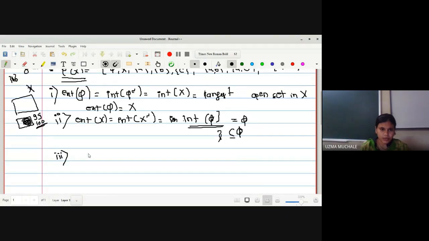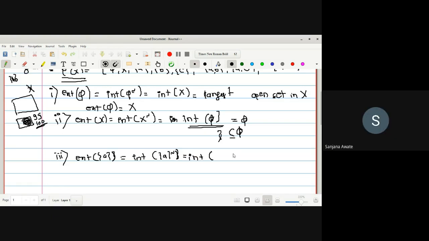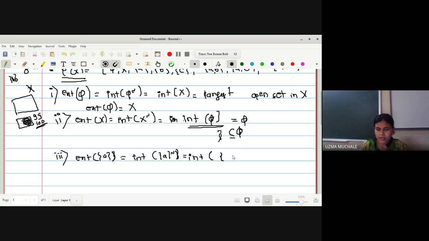Now next we are going to find out what is the exterior of a singleton A. The exterior of singleton A is nothing but the interior of the complement of singleton A. Now what is the complement of A? It is the doubleton BC. So now if I want to find out the interior of BC, it is nothing but the